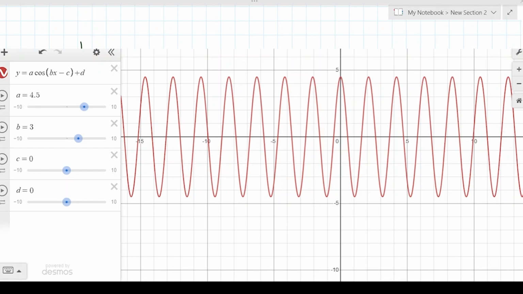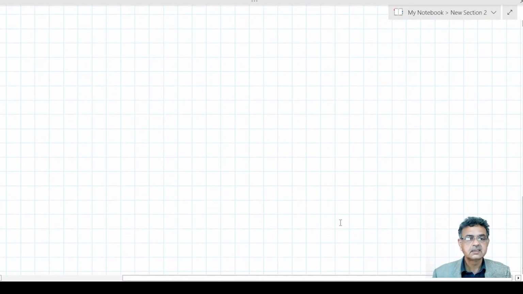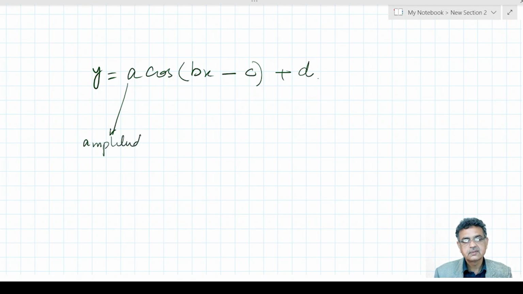Okay, then let's come back to the board. Now you have observed all the values. I write the same values here. Y is equal to A cos(Bx minus C) plus D. This A, what does it represent? Amplitude of the graph. Amplitude. B represents frequency